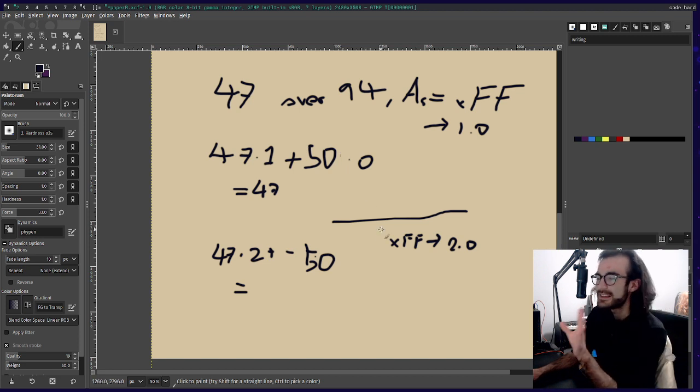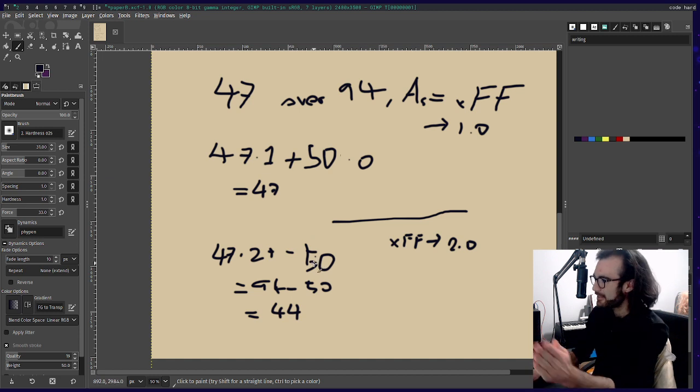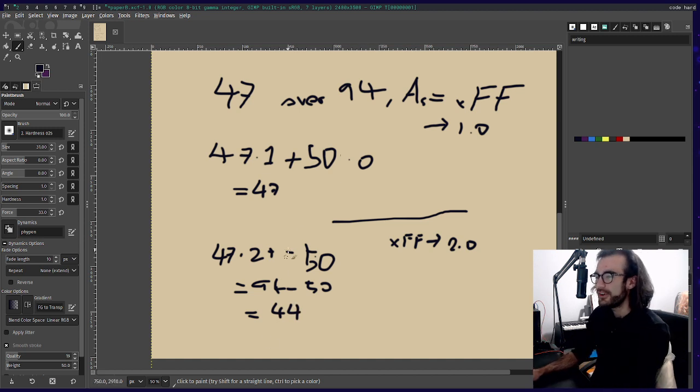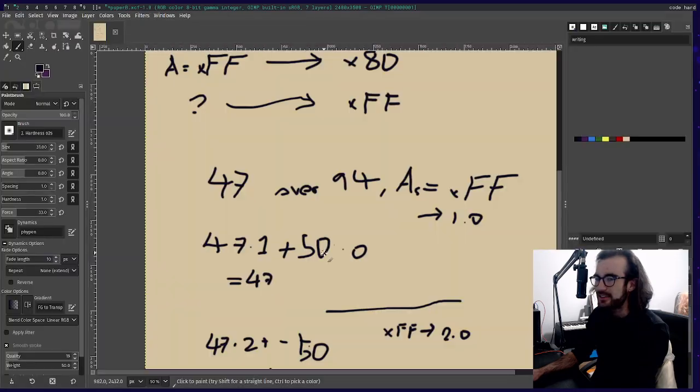Anyway, sorry, that's neither here nor there. This then becomes 94 minus 50, which is 44, which is a very different number. I mean, not very different, slightly different. But you can imagine as this background color changes, then this result varies in a way that's unpredictable or not intuitive. So PS2 alpha is weird, in conclusion.